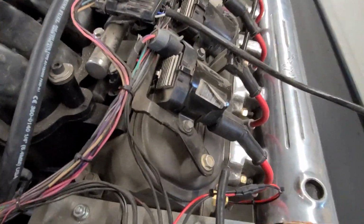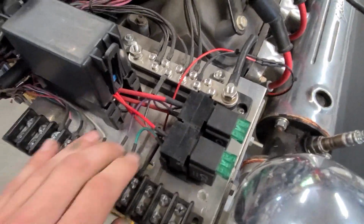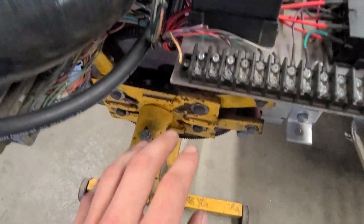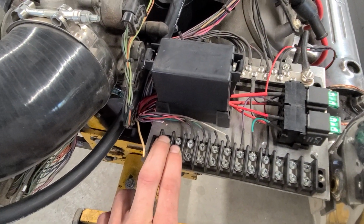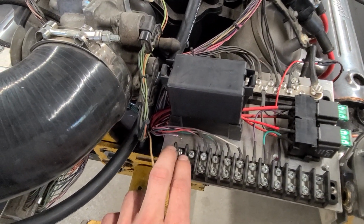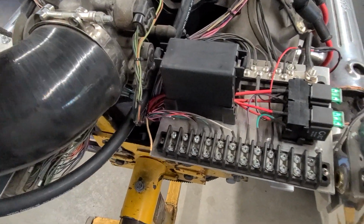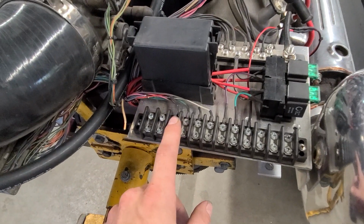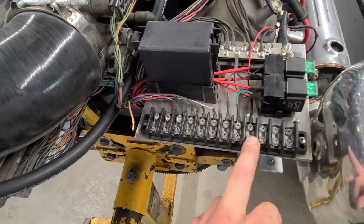So here's the water sender. I got that hooked up now too. That's all wired in. I had the main power cable, not the keyed hot, but the full-time hot. I had 2 terminals right here of my full-time hot wires, which was stupid. I don't know why I brought those to this terminal. There's no reason to bring them to these. This is what needs to go up to the